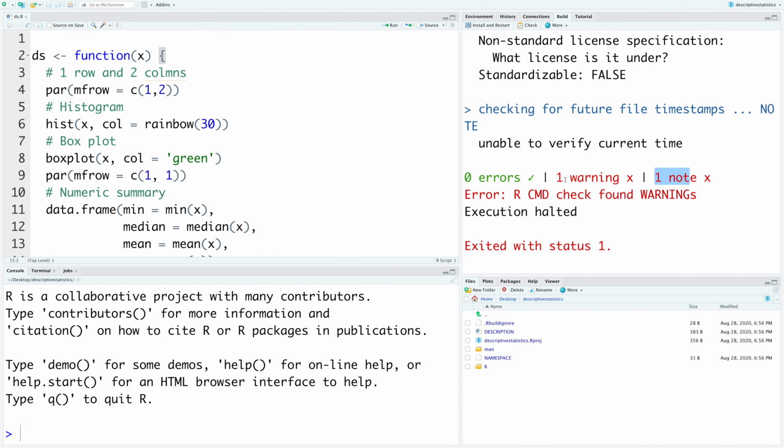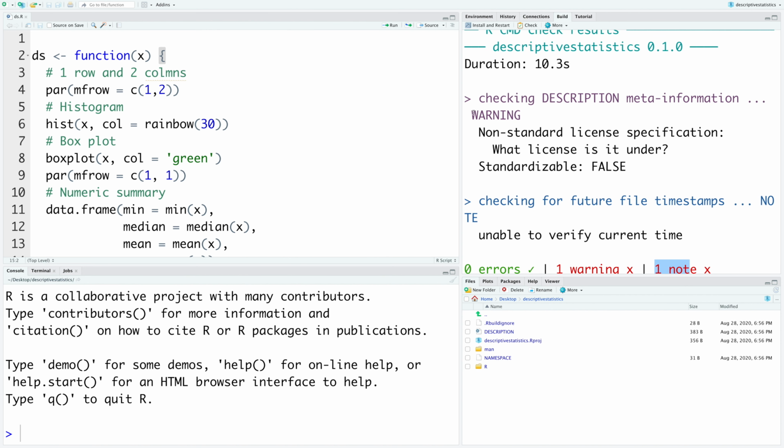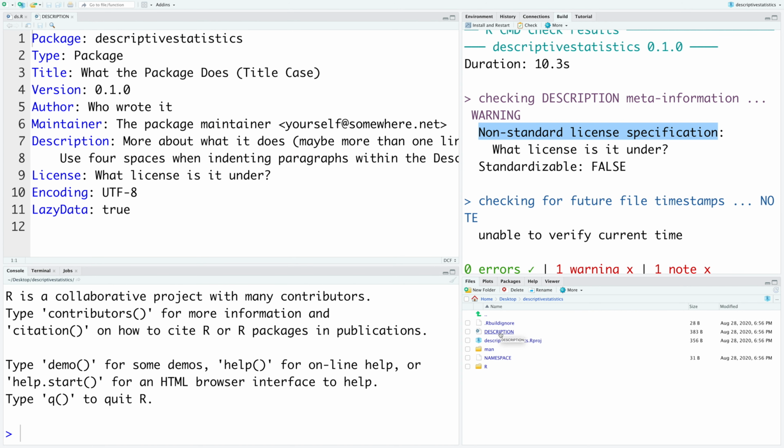So let's look at the warning first. The warning is about the DESCRIPTION file, and it says that there is no standard license specification. If you click on DESCRIPTION, it has the package name that we gave in the beginning.